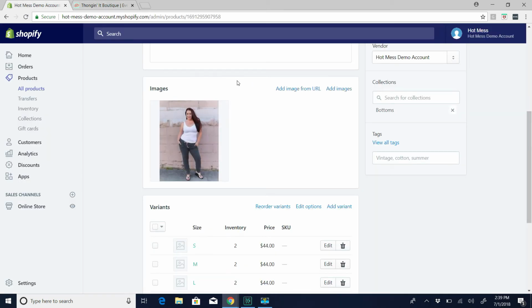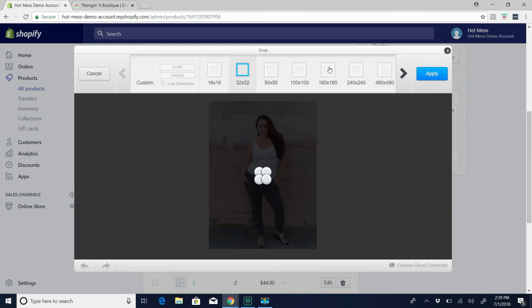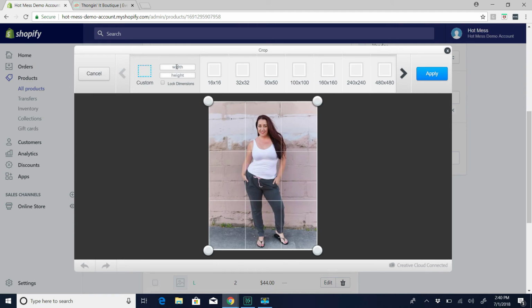So all you do is you hover over your photo and hit the edit image, the pencil. So you can either do a square or rectangle. I usually do recommend the rectangle, although I used to use squares, so nothing wrong with that. And just to keep it consistent, I use 800 height, 600 width. So if you want to write that down, 800 height, 600 width. So if you just make it a habit when you add your product in to hit crop and ignore all these and go over here to custom. And in the width, you're going to put,